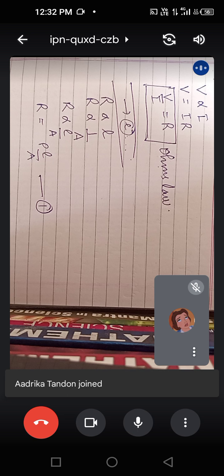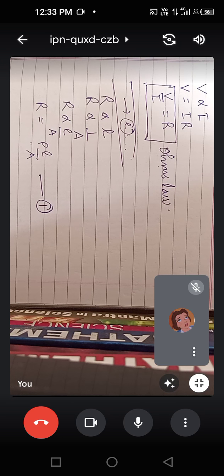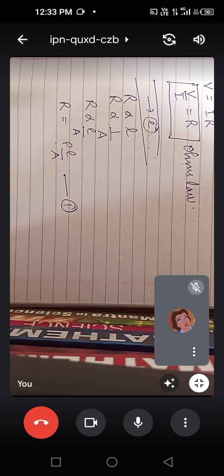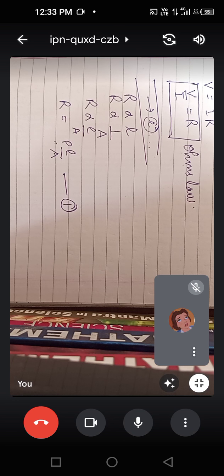Write down where this symbol is called rho. Where rho is called specific resistance